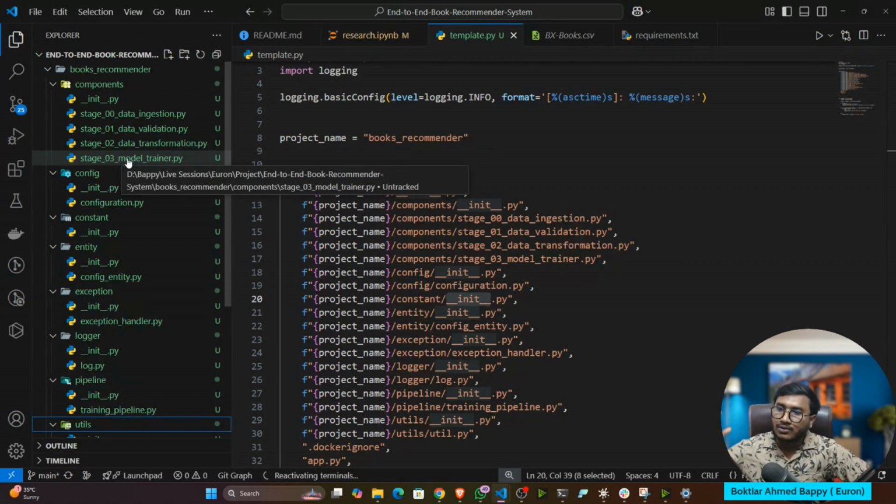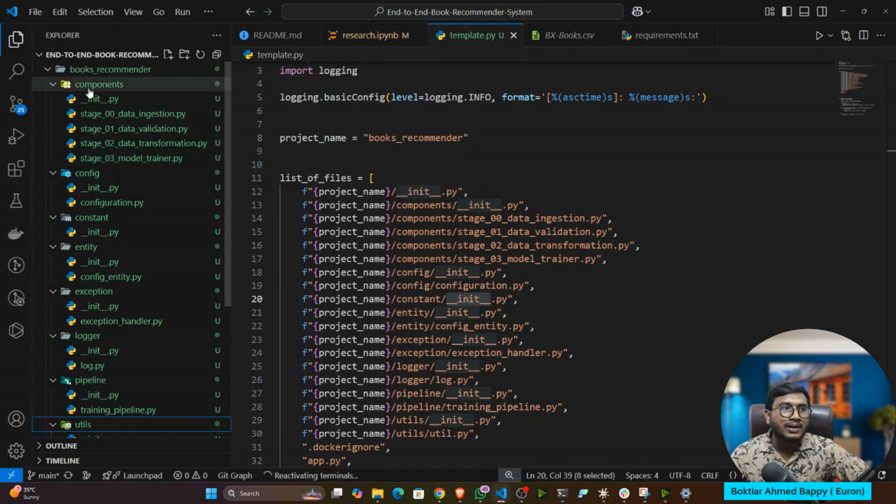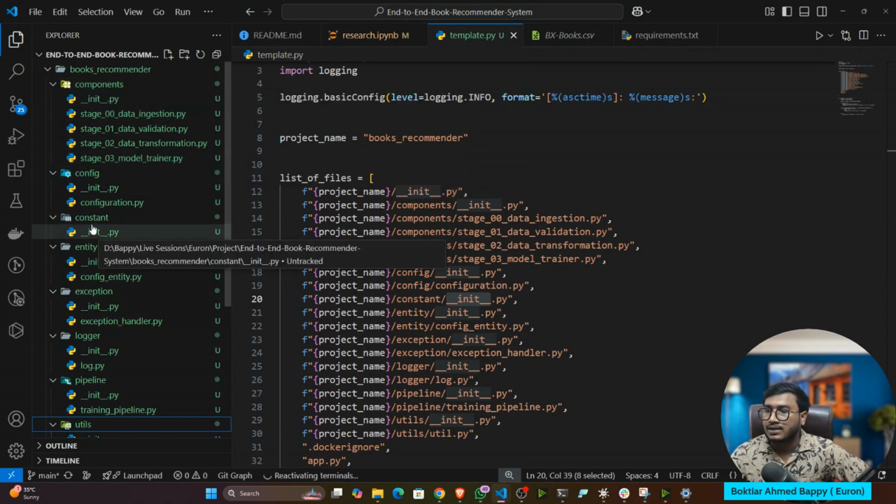Again, if you are doing any other project, let's say instead of clustering, if you are doing any other machine learning project, there you can also add something called model evaluation, model pusher. Again, it's your pipeline design, how you are designing your project. It's not that you have to follow my same template as it is. No, if you want, you can also modify this template, Deepak. So there is nothing permanent about the folder names and the structure I have created. I created this structure because I like it. I usually follow this structure to manage my code, to manage my modular coding. That is why.